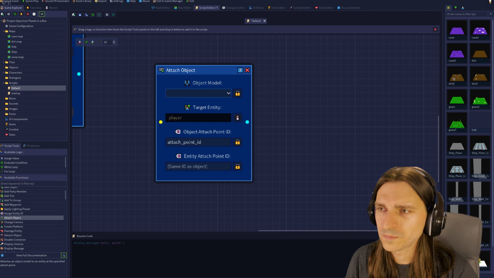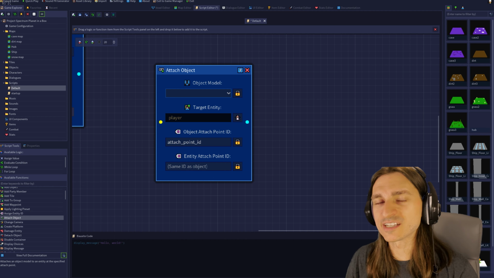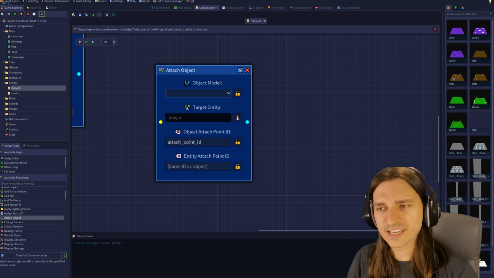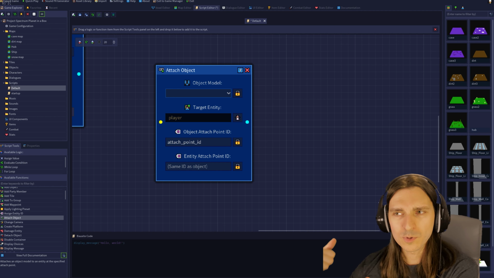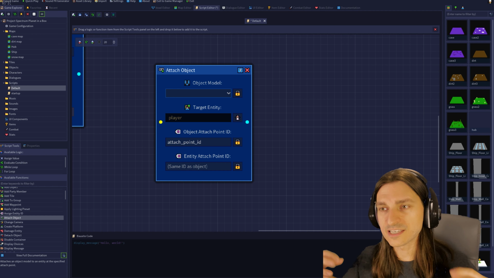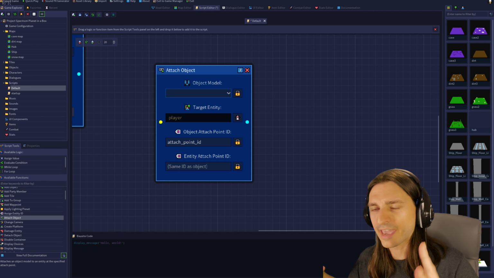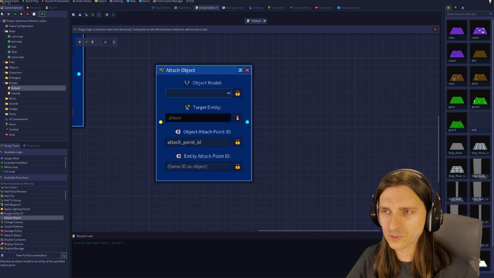I accidentally duplicated that. Object model. Target entity. Attach point ID. Object attach point ID. So I know in this engine there are attach points on the models, and this makes sense if you pick up a weapon or buy a weapon or select equip weapon, or armor, or item,